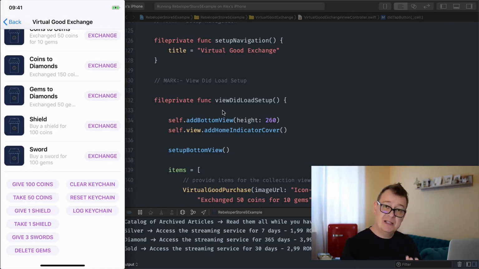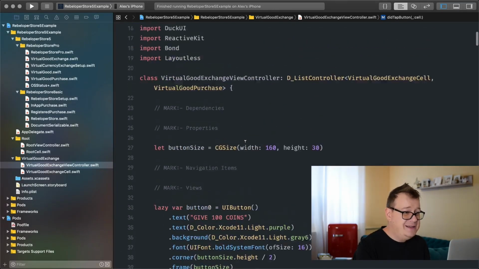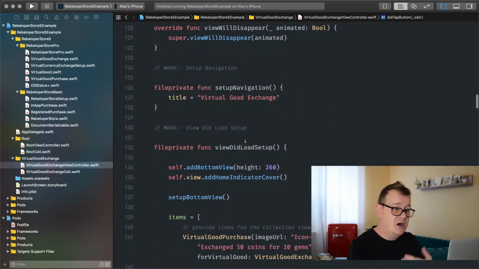And this is all set up in code in the Virtual Good Exchange view controller. And of course, here we can give 100 coins, take 50 coins, give one shield, take one shield, give resource, delete the gems, clear the keychain, reset keychain, and log the keychain. So we are going to go through all of these inside the code. So let's just stop this, and the easiest way to do this is just scroll all the way through our